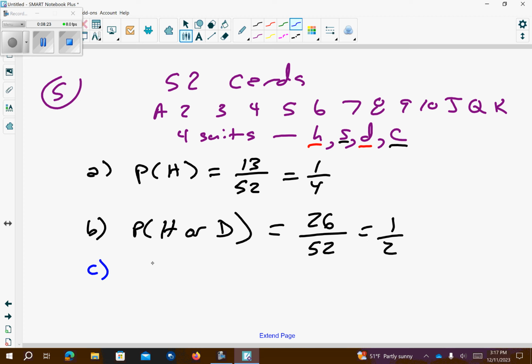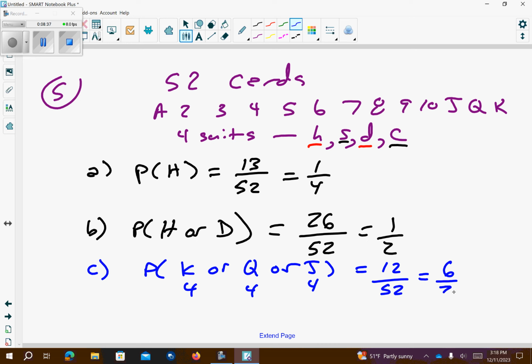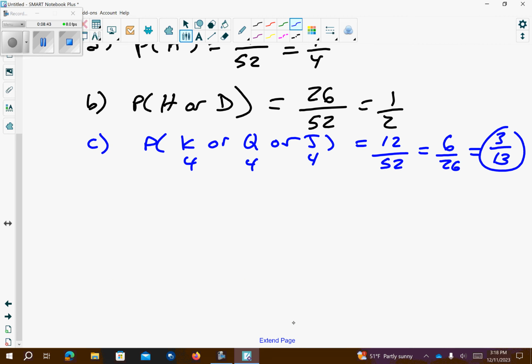Letter C, probability of getting a king or queen or jack. Well, there's 4 of each of these. So add those up, so I have 12 out of 52. Reduce the fraction, that's going to be 6 out of 26, which reduces to 3 out of 13. Letter D, probability of getting a king and a queen. Well, if you're picking a card, there's no king and queen, so it's 0 out of 52,